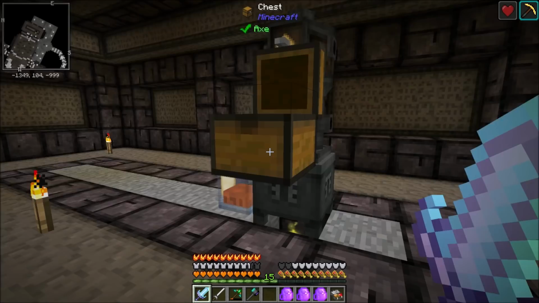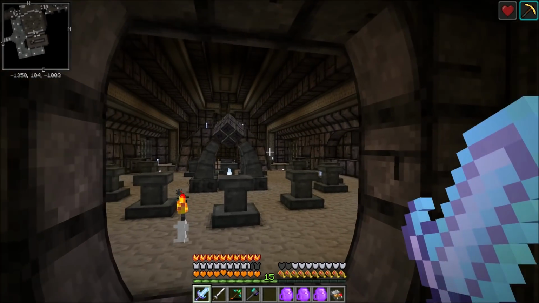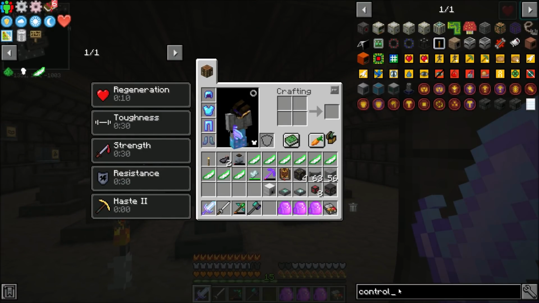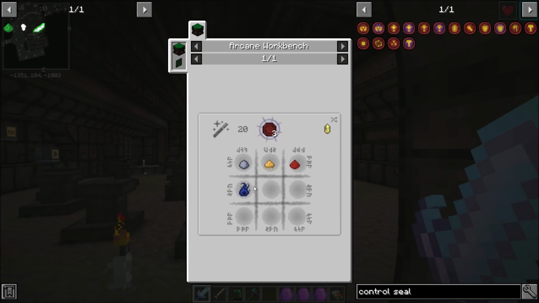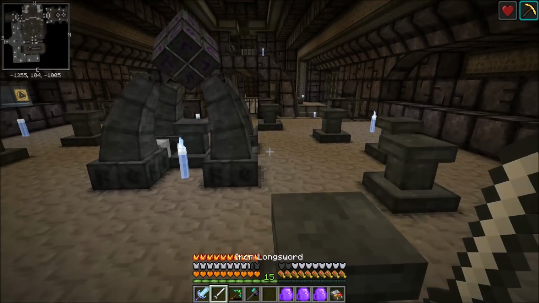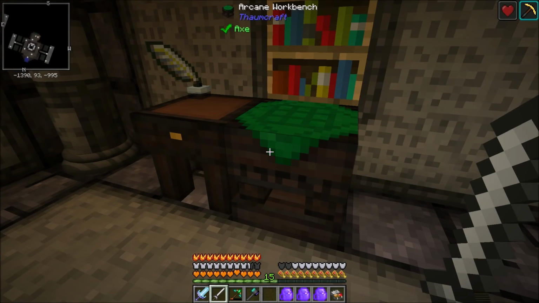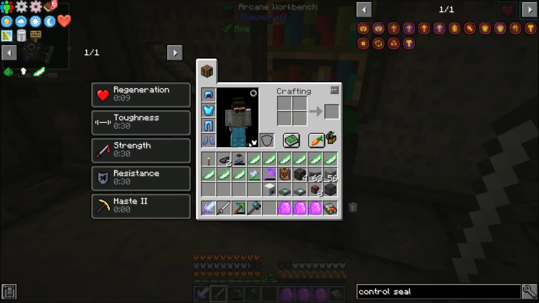Okay, so now we've got that being created, and the next thing that I want to do is we're going to need to get the control seal, and this is clay, red dye, night ore, and you get 2 of them. Okay, so this should be everything. We've got a 5% discount on V at the moment. Of course, that's because of our